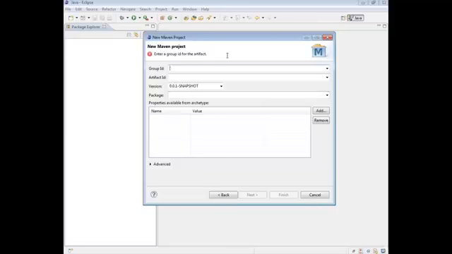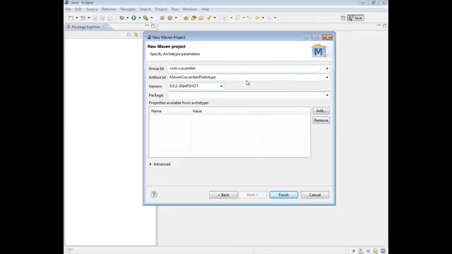The first thing we need to do is provide a group ID, which is effectively just the ID for the project. I'm just going to give it com.cucumber. The artifact ID is, on an abstract level, almost the name of your project. This would be the name you would see appear under the package explorer. So again, give it a sensible name. I'm going to call it Maven Cucumber Prototype,